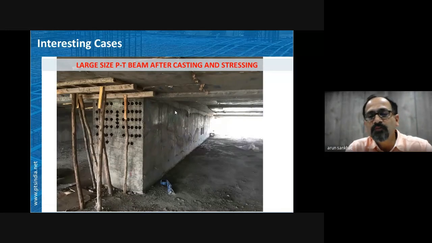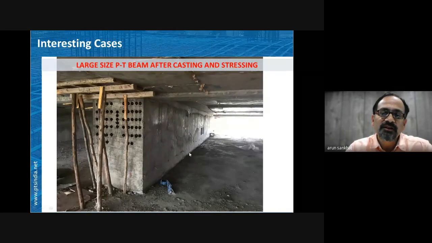Right? And these pockets are hardly around 2 inches deep. That's it. It is just to protect the cable from the ends. We need to fill up with the grout material. So here you can see the depth of the beam, and you can see the top and bottom face. This is a service floor actually, and you can see the top part and bottom part of the slab.